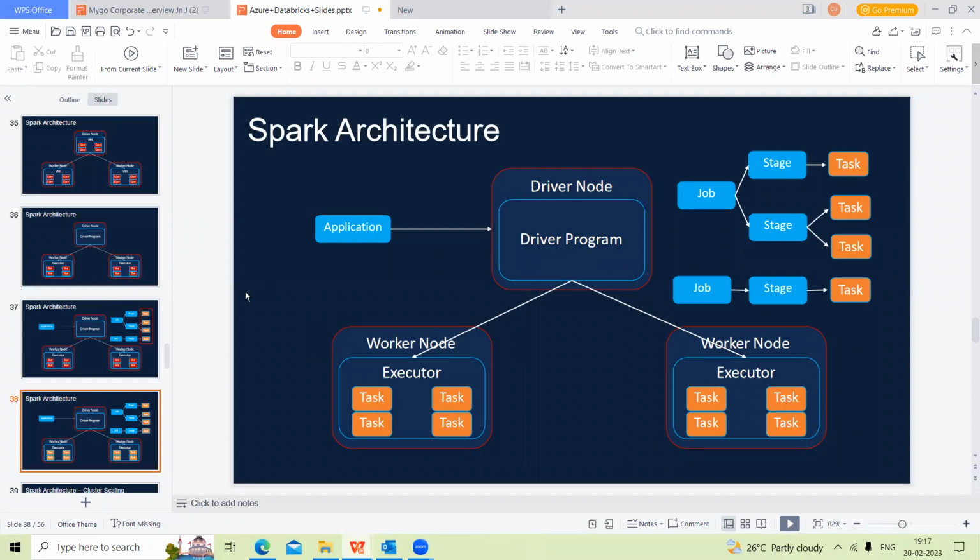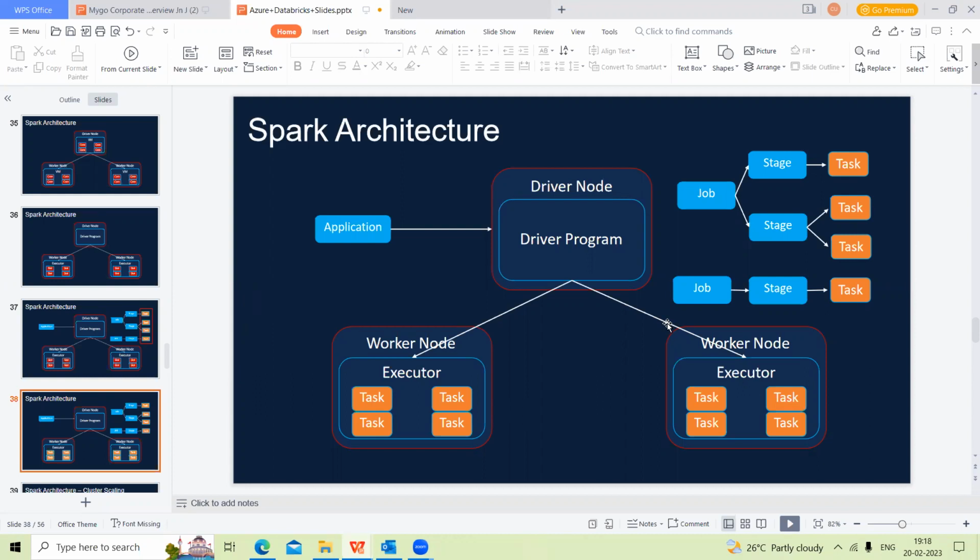So for development, you can create just a single cluster, like one driver and 2 executors, and you can execute your code. If you want to do some performance optimization, then you need to look into the catalyst optimizer first. And the second thing is you can increase your cluster memory based on your data size. But this cluster size, if you go for production, you should not worry about that because you are going to